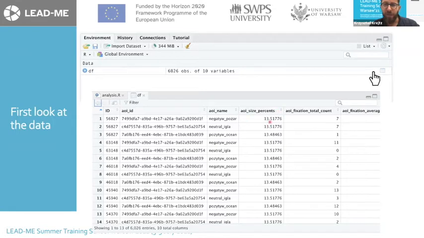We can check what percentage of the entire screen, the entire picture, was occupied by each AOI. What is quite nice is that all the AOIs listed here take a similar percentage of space, around 13 percent. So it means that they are somehow standardized,